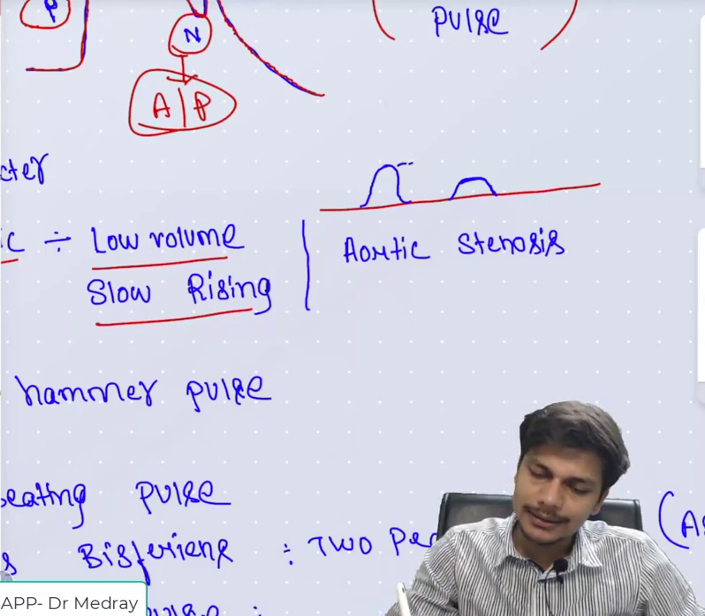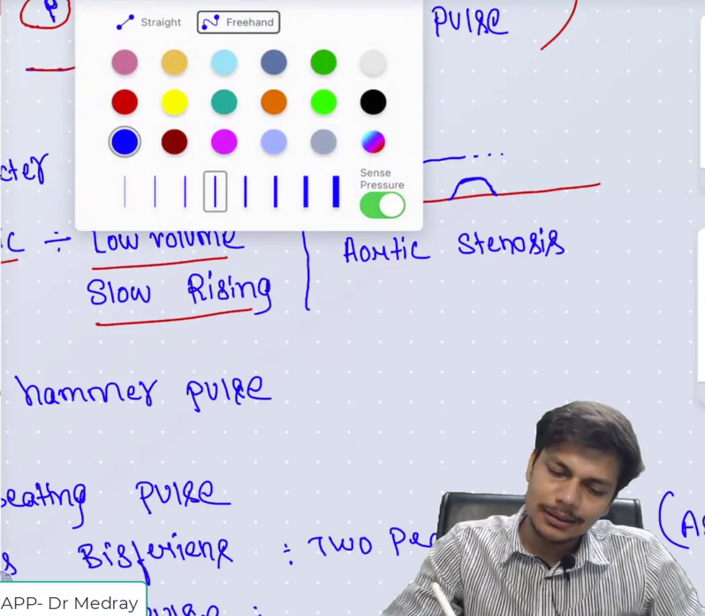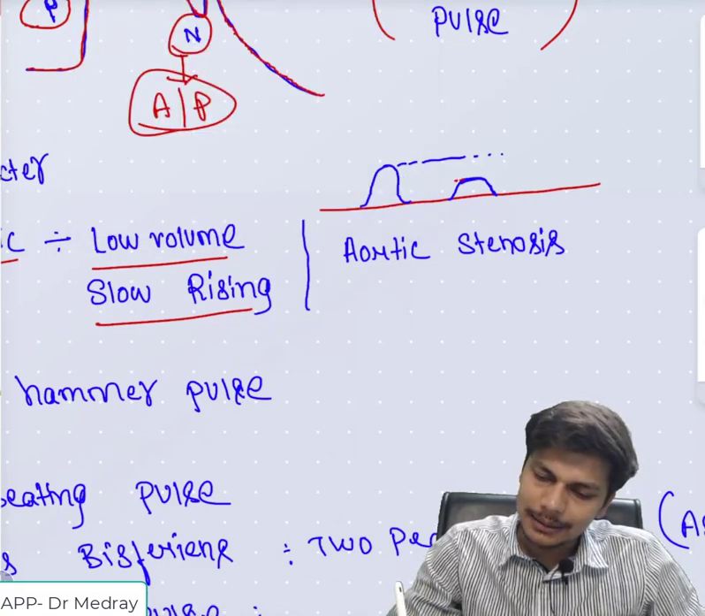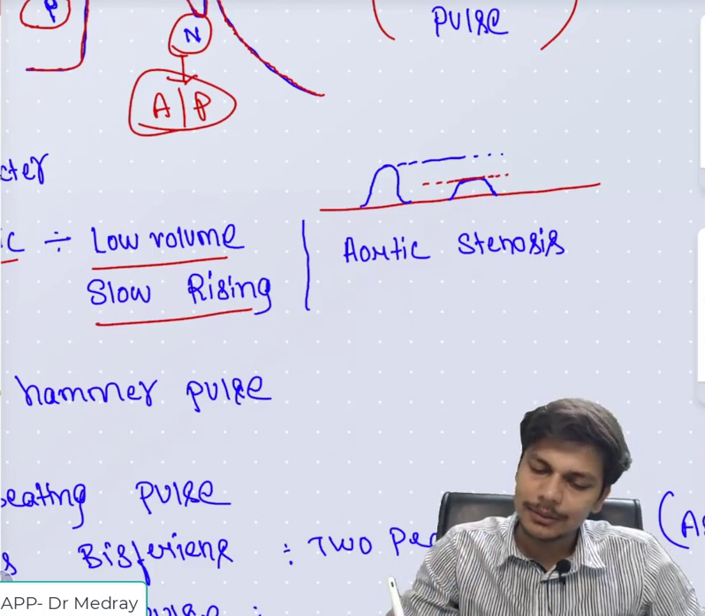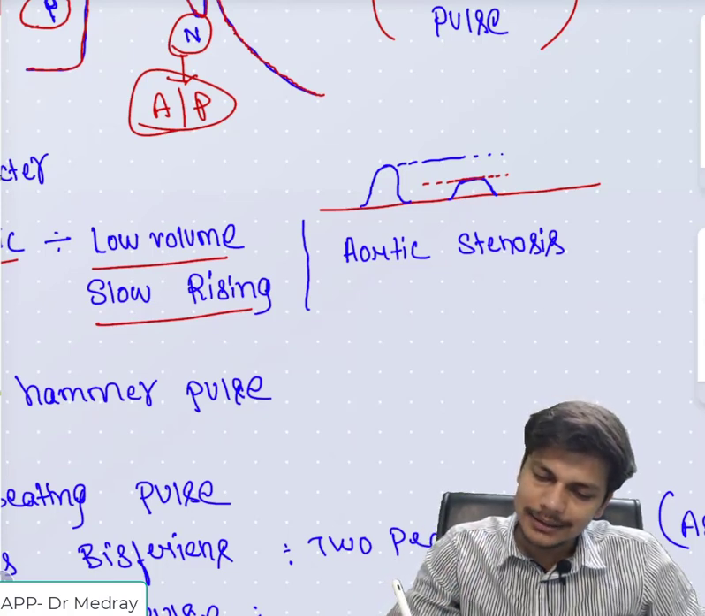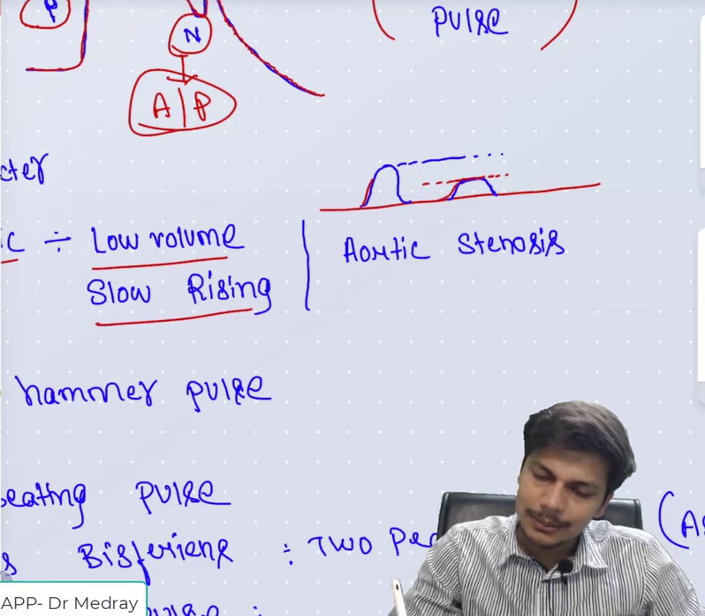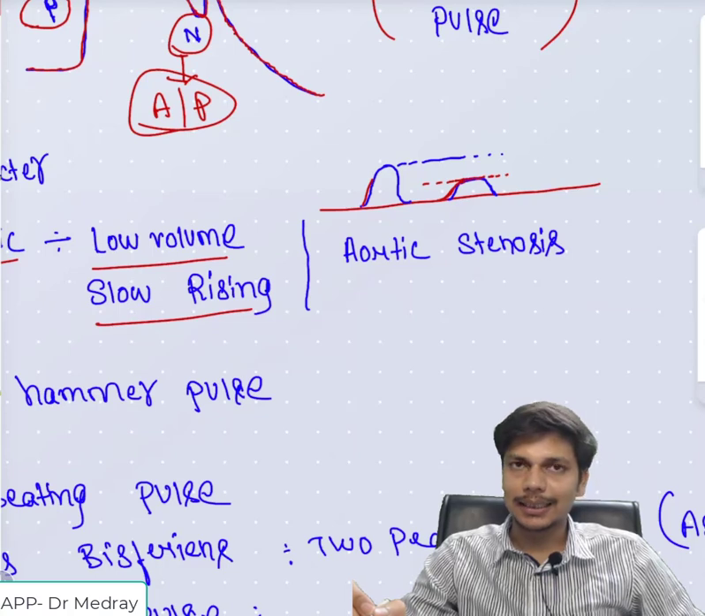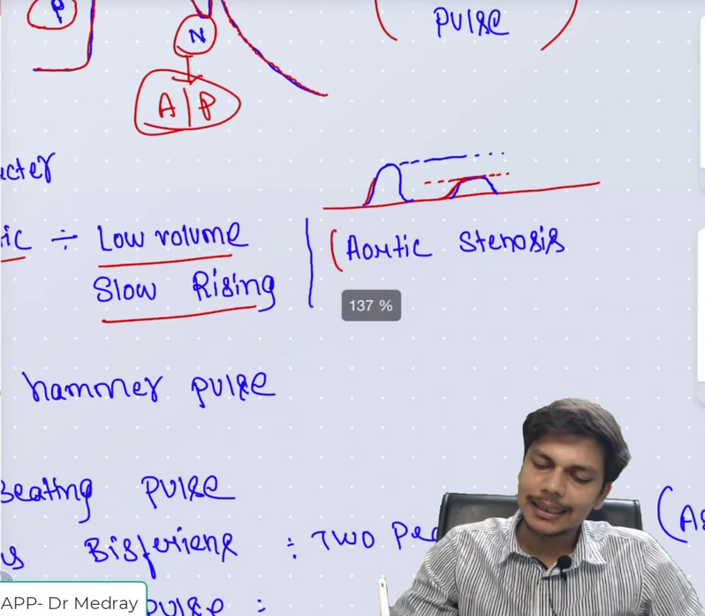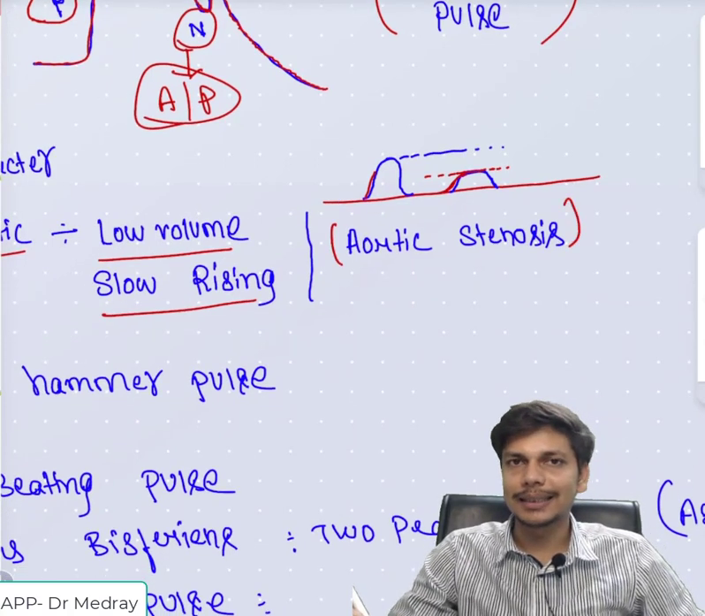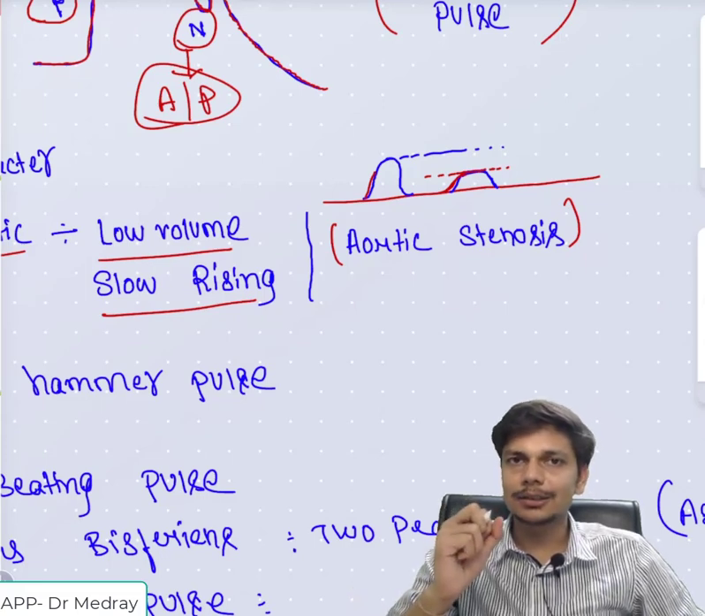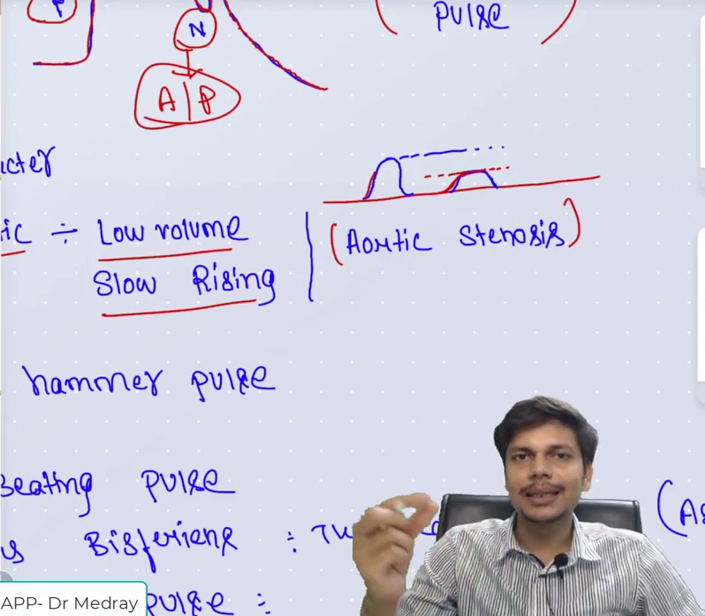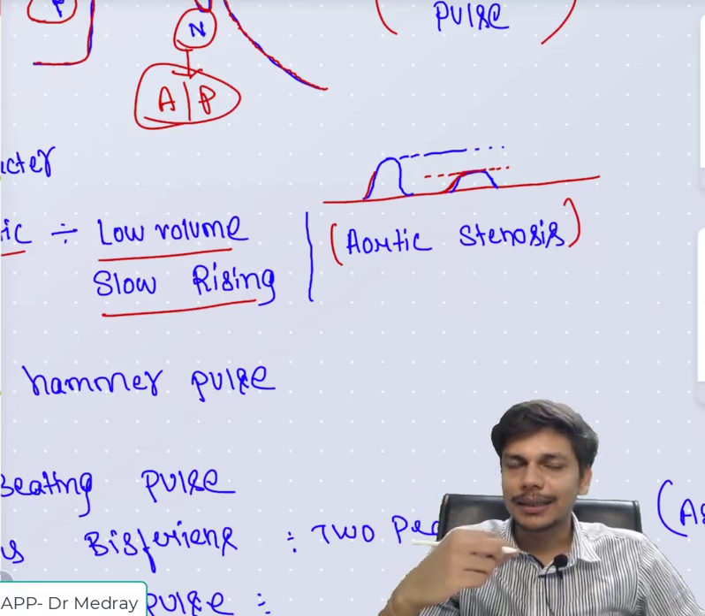So normal volume was at this level. This anacrotic pulse has less volume, so I have drawn it slightly lower than the normal volume, and it is slow rising. Normally this was steep, but it is rising a little bit slowly. So the slow rising, low volume pulse is the anacrotic pulse, and it is seen characteristically in patients of aortic stenosis. As there is stenosis of the aortic valve, less blood is being ejected from the left ventricle,